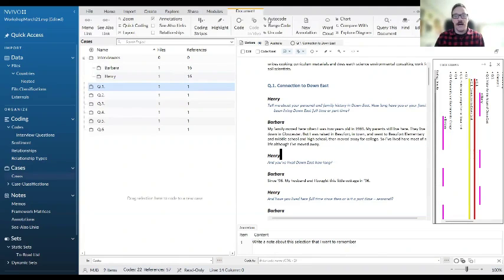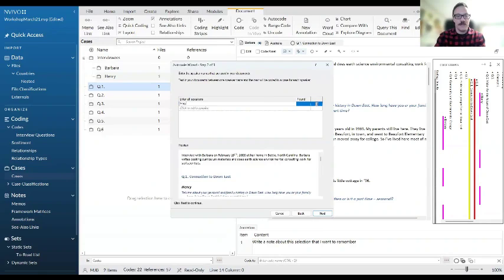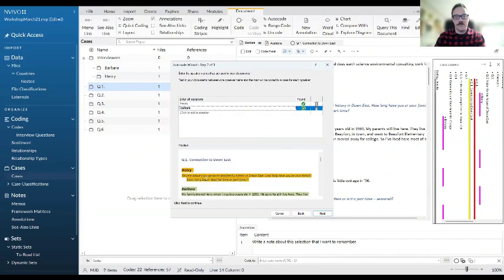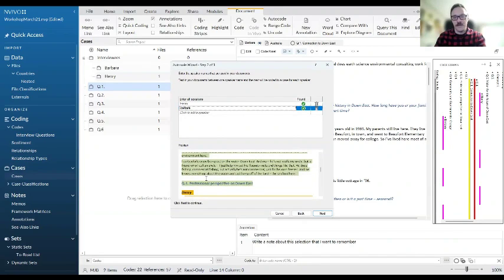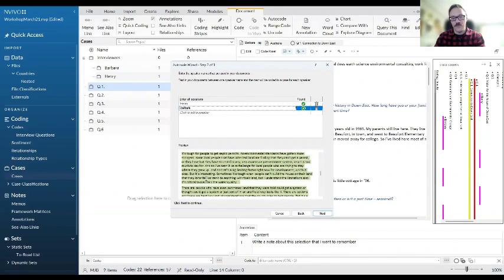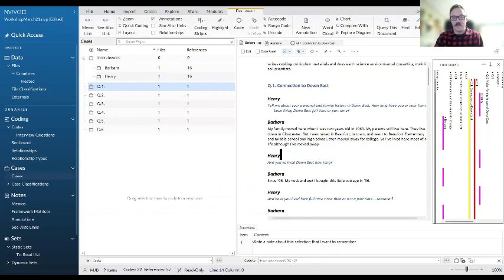And similarly, we could do that speaker name for both Henry. Oh, I need to type his name correctly. Henry and Barbara, and it will similarly break that document up by what Henry and Barbara say. And you can get that little preview there as we go through to see the colors are changing correctly, and I could click through and create those cases as well. And so that is a quick way to break documents up, do some of that structural coding, participant identification,